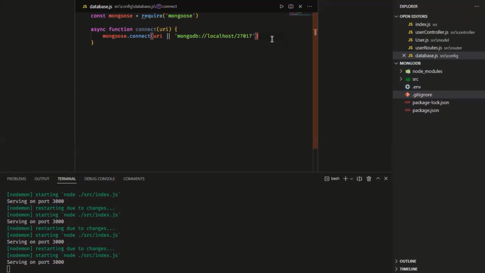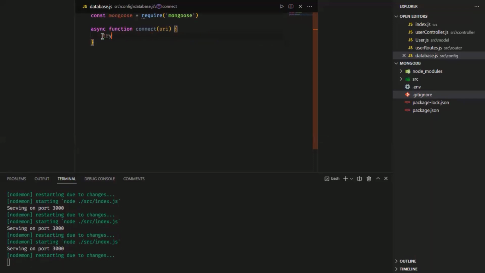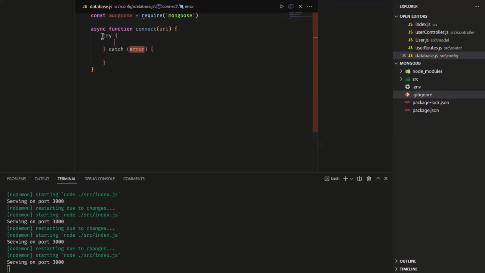So we've created this. Now let me do something. I always like to wrap my code in try catch to catch for errors. So I'm going to do try catch. Now, I'm going to just paste that back. So if that's successful, it should give me